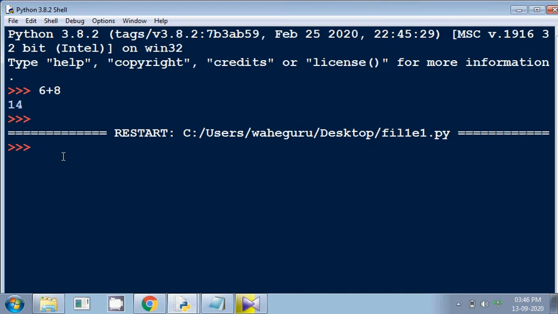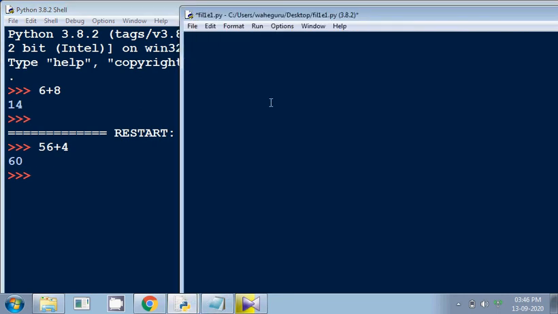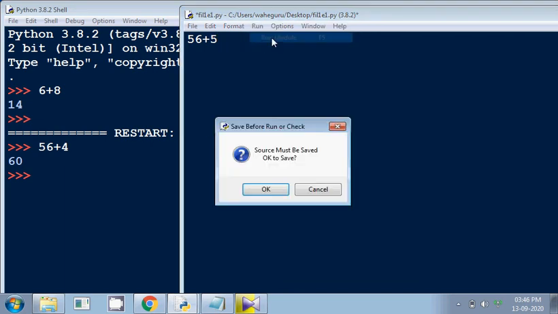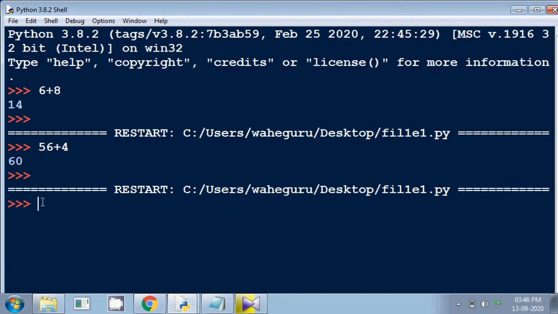Let's say 56 plus 4, this is 60. But if I type the same thing in the file, it will not give the output. 56 plus maybe 5, and I'll run this file. Nothing happened. So we'll have to use the print statement.